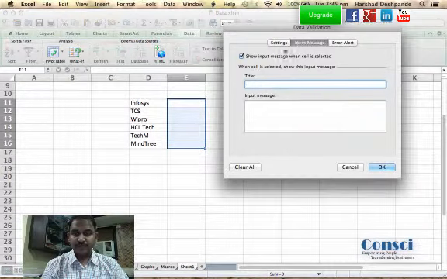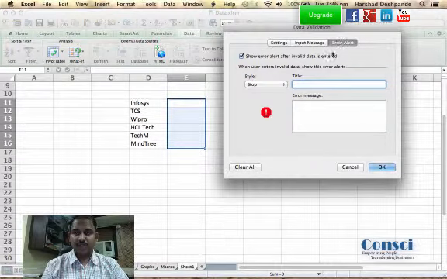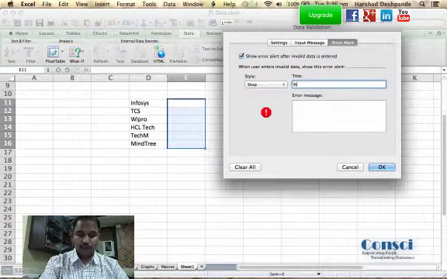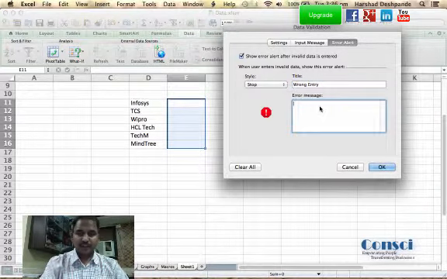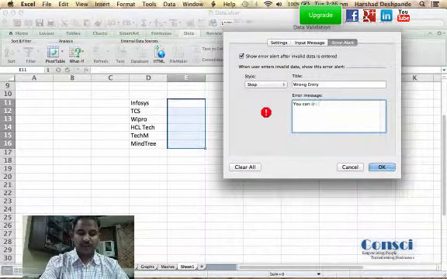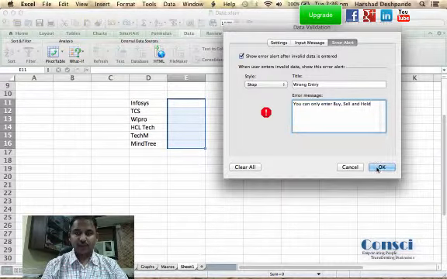Here is the input message if you want to customize, and here is the error message. I'm giving the error message as a wrong entry, and the message says you can only enter buy, sell and hold, and I'm saying okay.